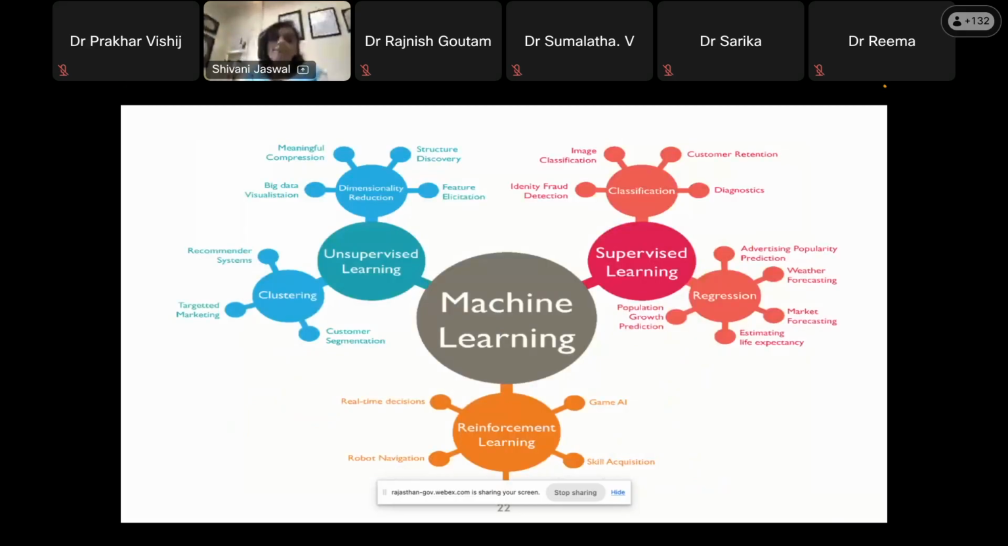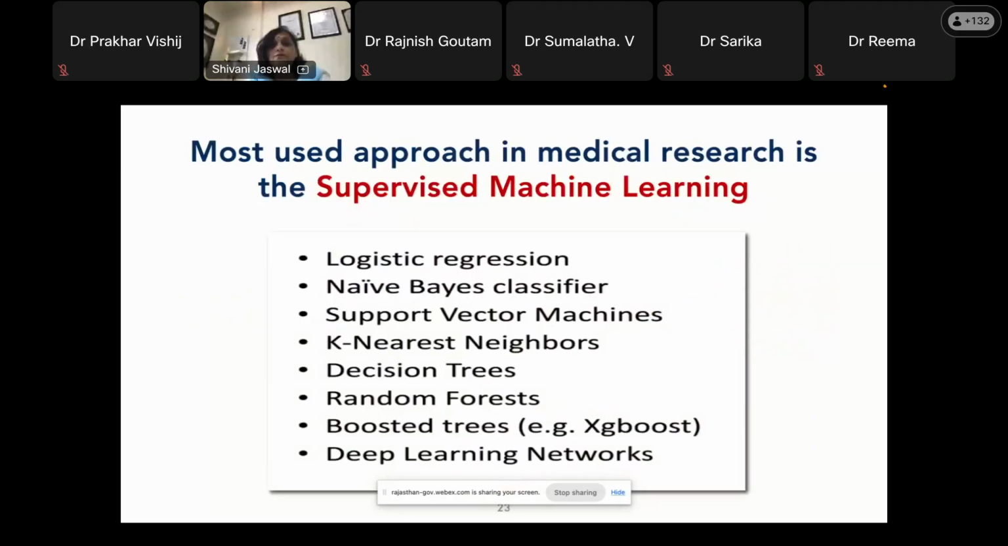So just a recap, machine learning is the most commonly utilized tool, and there are three types: unsupervised, supervised, and reinforcement learning. The most used approach in medical research is the supervised machine learning model. So you give the data with the correct answers, train the machine, then it can categorize your data depending on